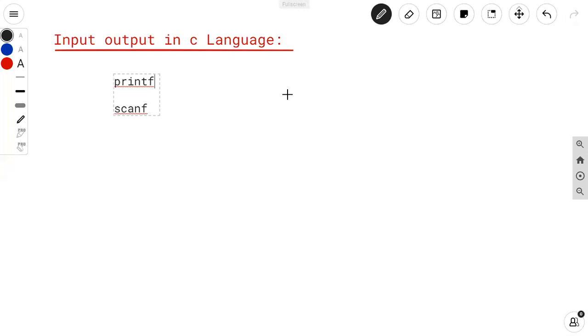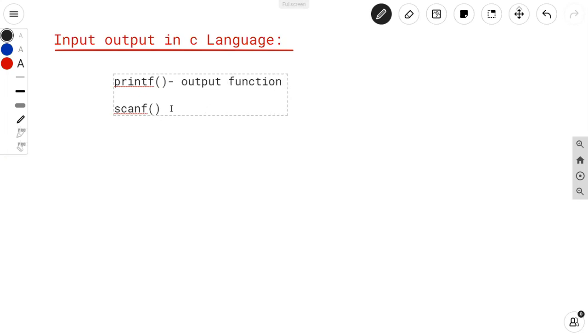As it is a function, it ends with parentheses. Similarly, scanf is also a function. A function always starts and ends with parentheses. So printf is the function, and that function is said to be an input function. Oh, sorry, not input. Printf is the output function.